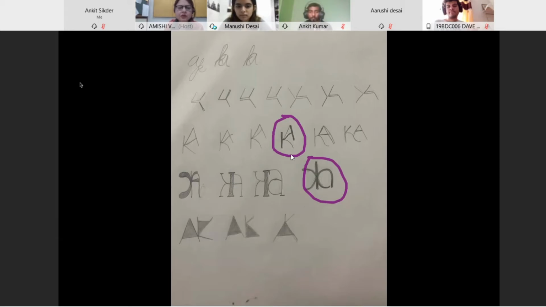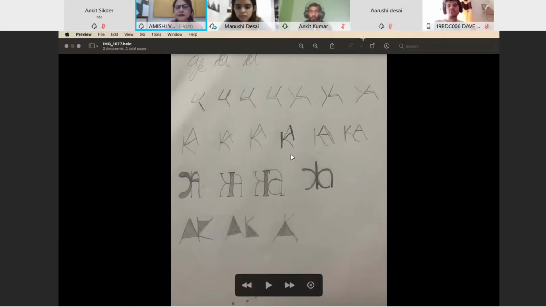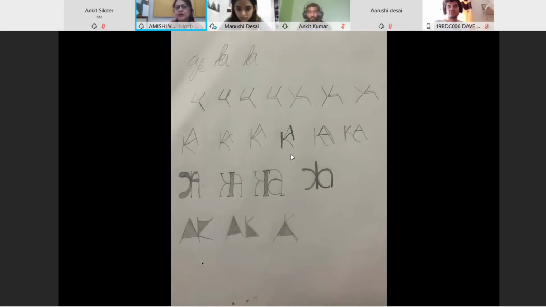So on this page, what I like is the last three ones, because what you're trying to do here is that you're creating your own language. There's no existing typeface that you've taken reference of, and you're trying to play with the geometrical shapes, and this is a good approach. So you could try this also further. Yes, ma'am. Okay, so you have enough people. If you want to add something, please do.